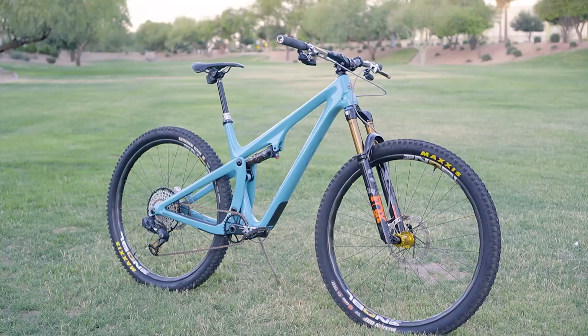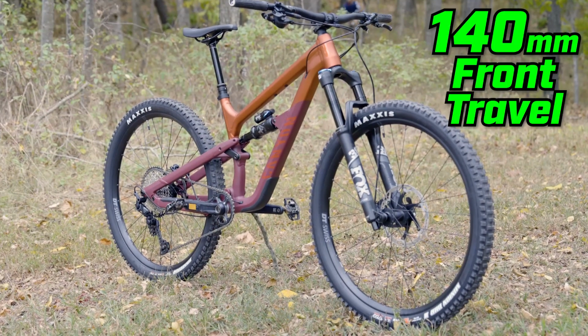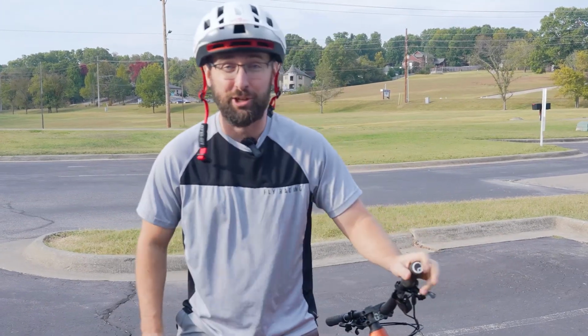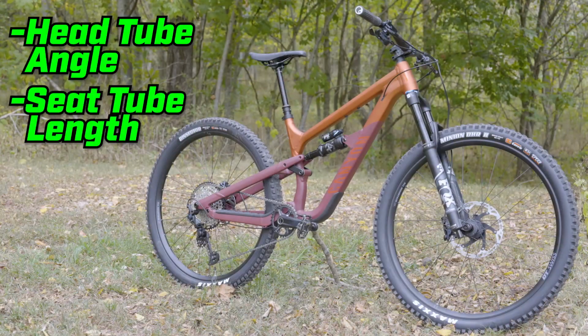The last time I bought a short travel trail bike, I felt like I was deceived. This Canyon Spectral has 140 millimeters front travel and 125 rear, a step above the Yeti's 130, 115. But let me tell you the crazy thing about this geometry and why I dropped down from a large to a medium. There's really three geometry numbers that I look for, and that's head tube angle, seat tube length,